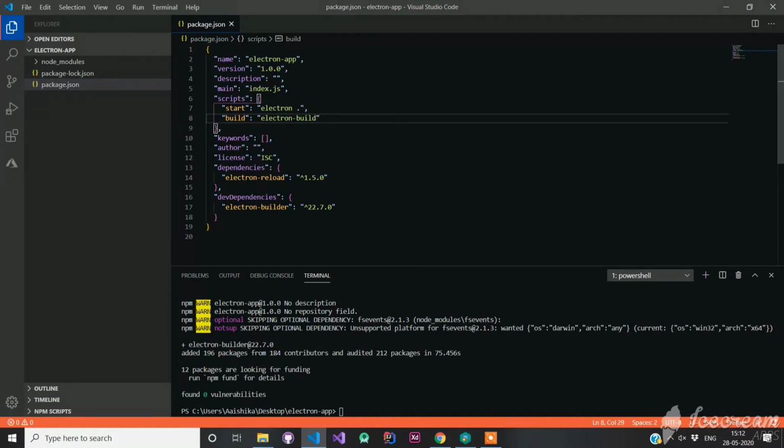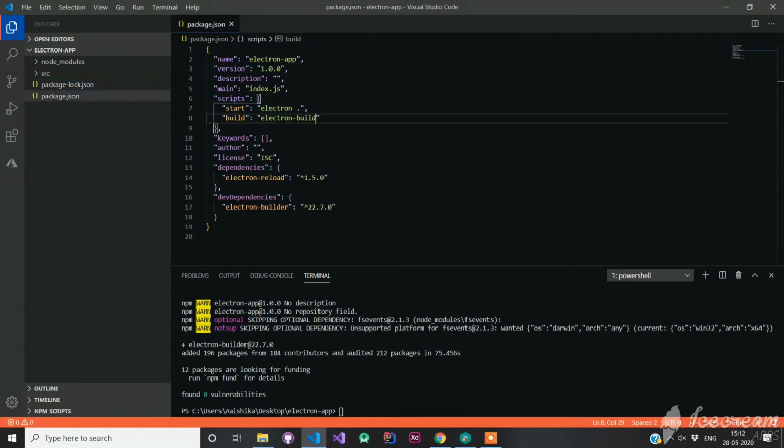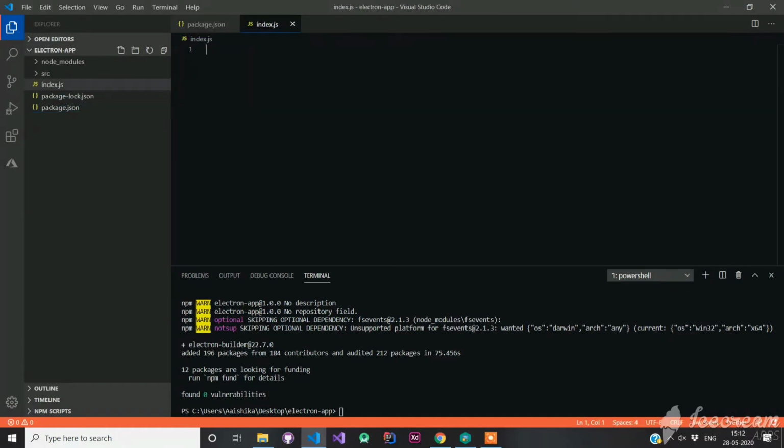Now inside your main directory, create a new directory or folder and name it src. This is where we'll store our website to be rendered by our Electron app. In the main directory, create two new JavaScript files, index.js and preload.js.